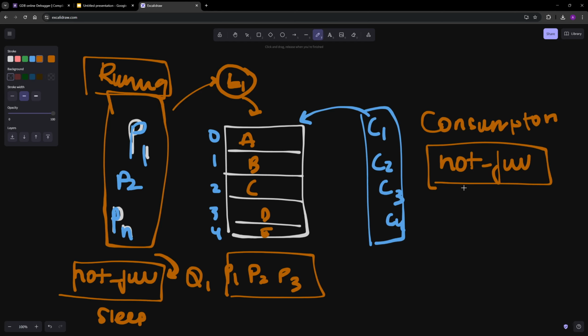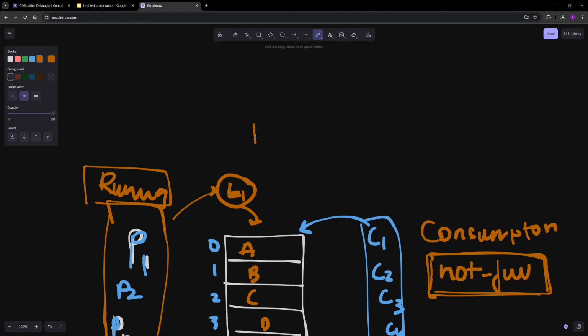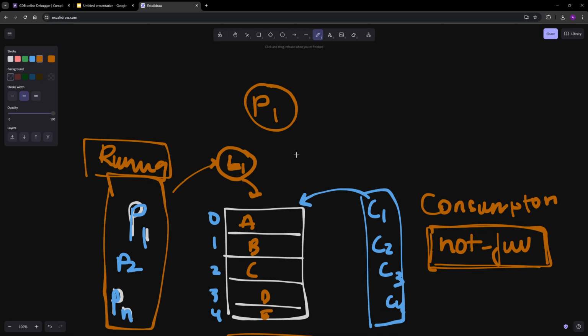all the threads which are waiting on this not full, can you please... the consumer will tell the OS, hey OS, can you check if there are any threads which are waiting on this not full, and if there are, can you please notify and put them in a running state. So at this point all the threads will start in a running state, right? But obviously OS will only select one thread. So let's say P1 got selected for a running state,